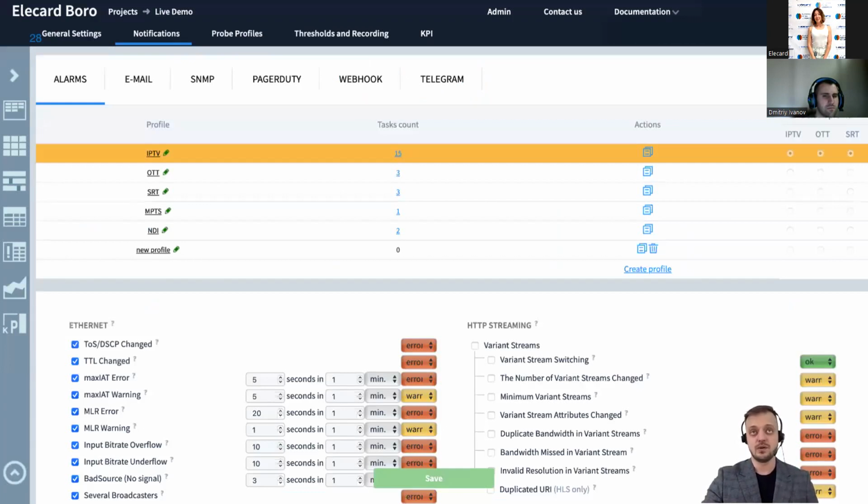Now, as we move along, and again, this is very hard to understand for some people, Boro is a system to monitor and notify. Notification is one of the biggest things that you should configure when you're using the system. Boro has an extensive system configuration for notification.